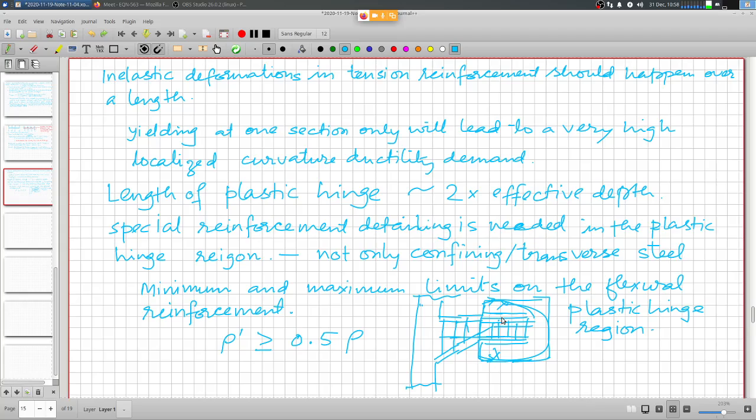And the other detail that is normally provided is